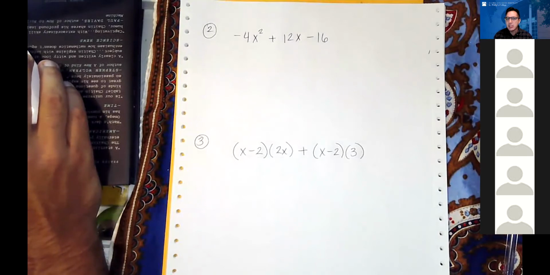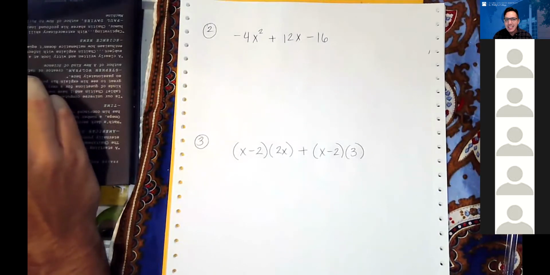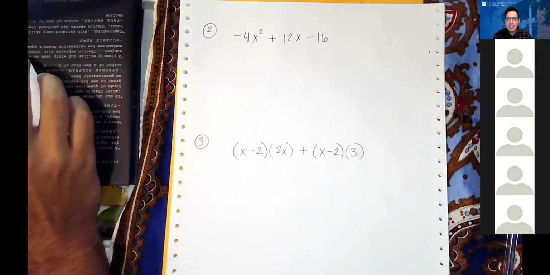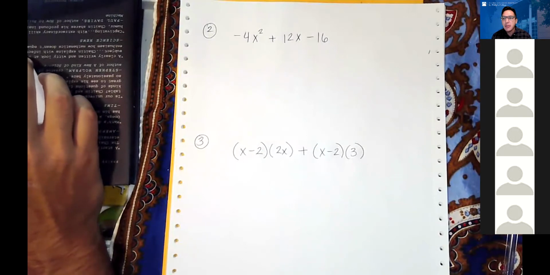Does anybody have any questions? Or is anybody completely stuck and not know where to start or even what I'm asking? I'm understanding the second problem, but not really the third one. Okay, yeah. Well, let's talk about the second one because it looks like somebody put the factorization in the chat, but